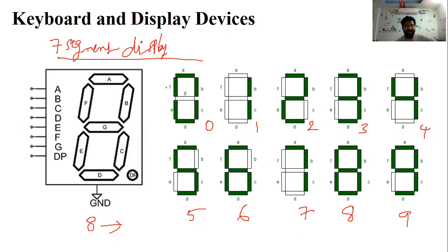F, A, B, C, D, E are on, and the remaining one, G, is off.